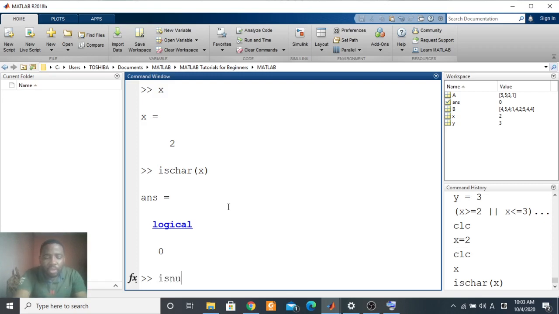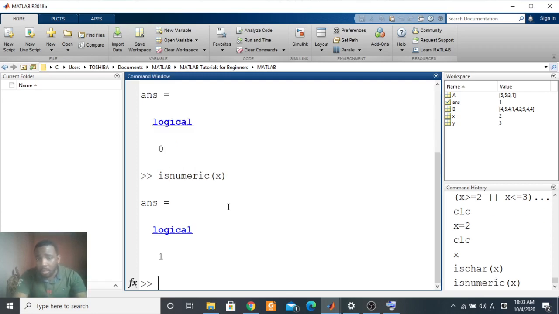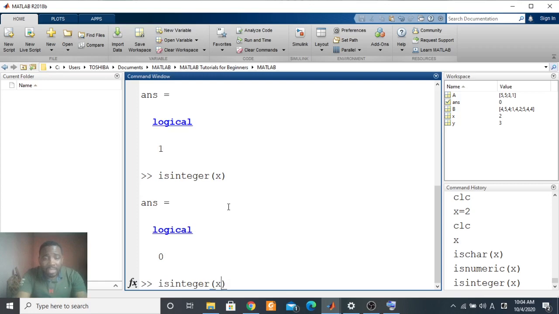So if I say isnumeric, on the other hand, it will check whether the entry there is a number. So x is a number. Yes, x is a number. Is x an integer? Because we have written there 2. Is it an integer? No, it isn't an integer. But if I say isinteger of int of x, so you remember under data types we talked about data conversions.